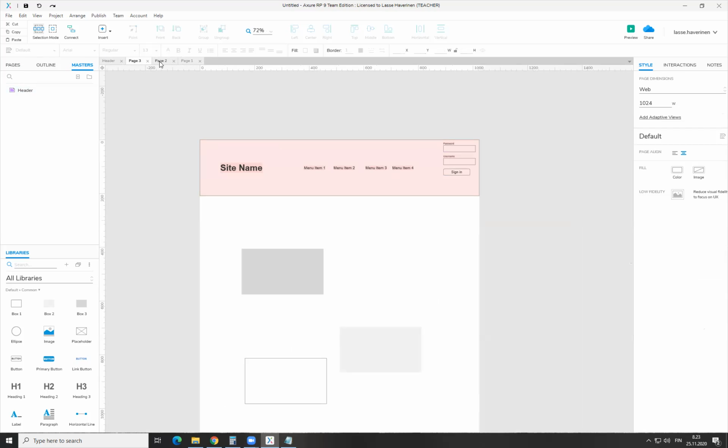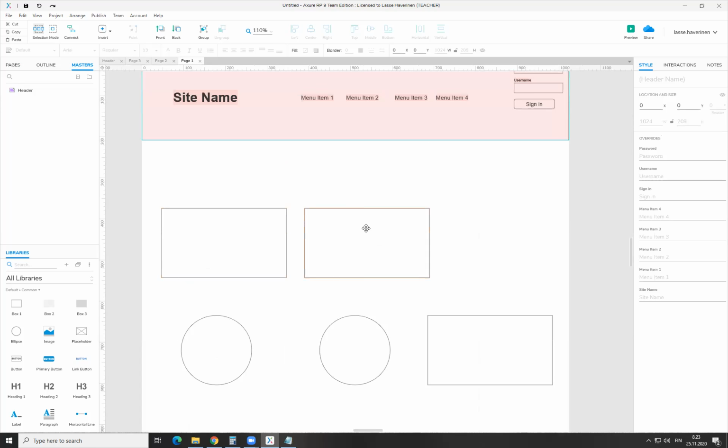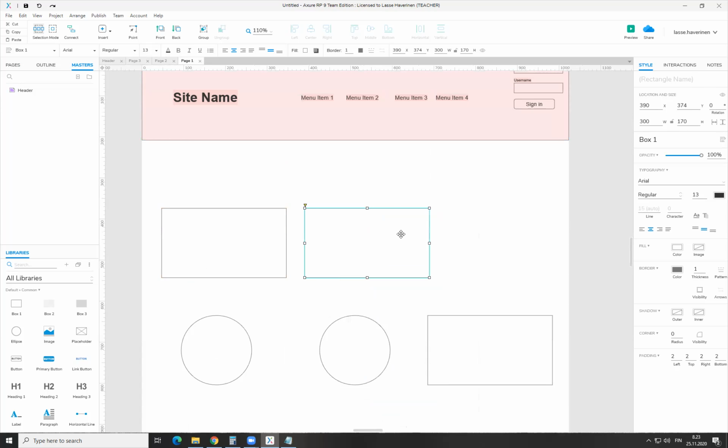Then another useful, more complex component is something known as a dynamic panel, which I'm, for example, going to put here. So a dynamic panel is available here when you right-click. Right below the Create Master, you have the Create Dynamic Panel. And what this dynamic panel is that basically, you could say that it is a window of